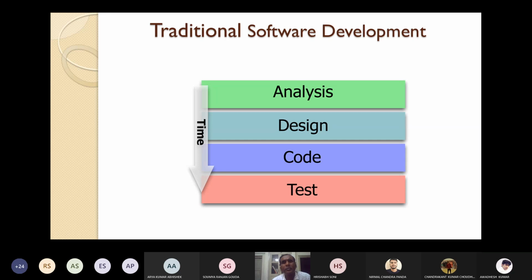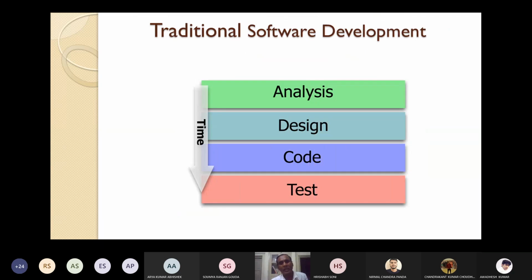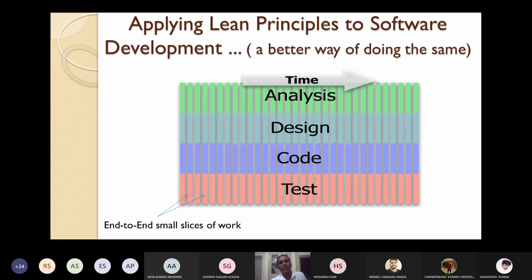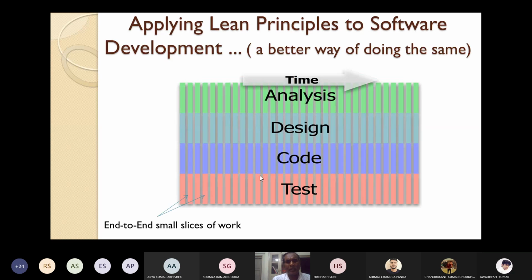But if you see Agile software development, it is changed. There, time moves vertically, but here time moves horizontally. What does it mean? At any point of time you take, you are doing a little bit of analysis, a little bit of design, a little bit of coding, and a little bit of testing.